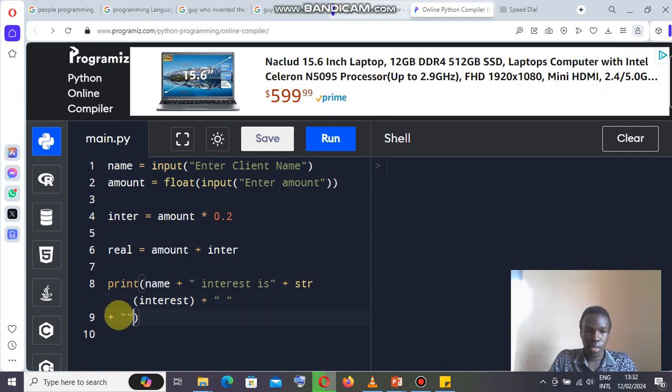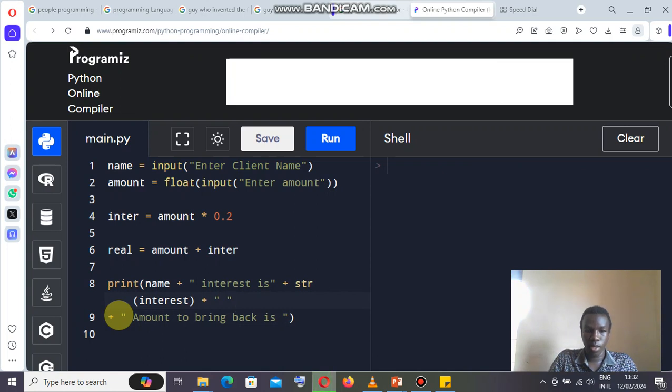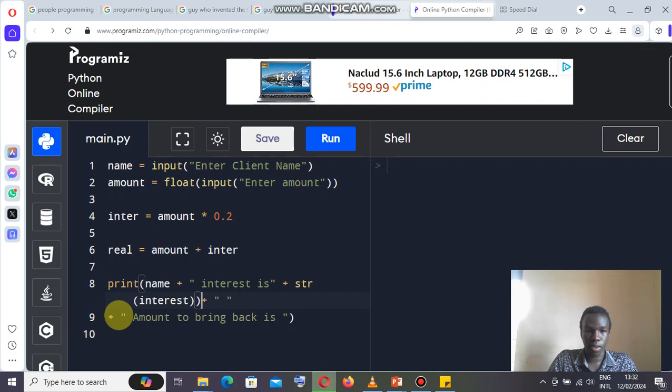I want to say amount, bring back, space, then amount, bring back. The bring back is, then let me just write two print statements instead of one, just to keep our work organized. I love things that are organized. Print amount, bring back is, then I'm going to say plus, then I'm going to write amount.